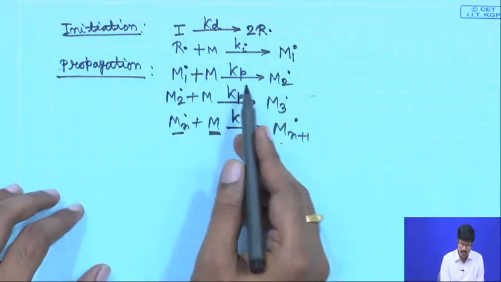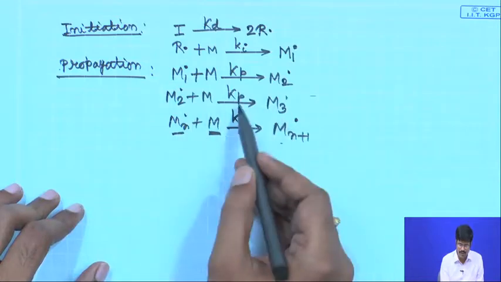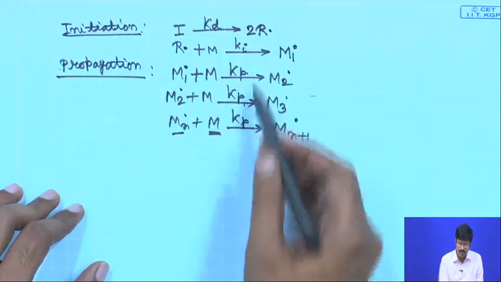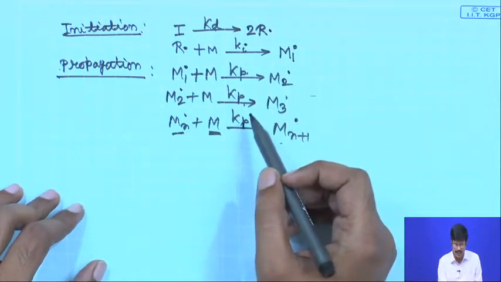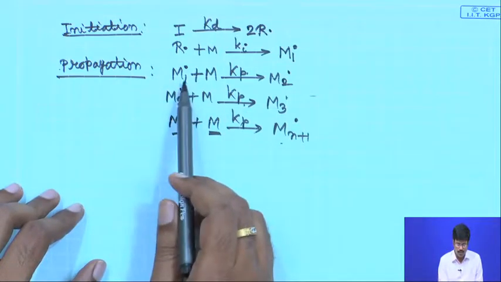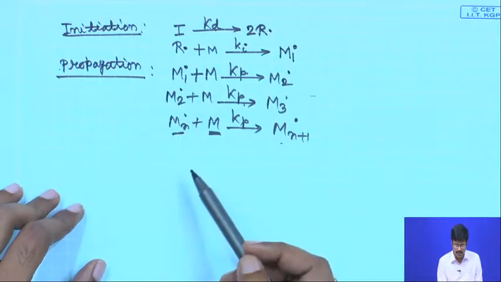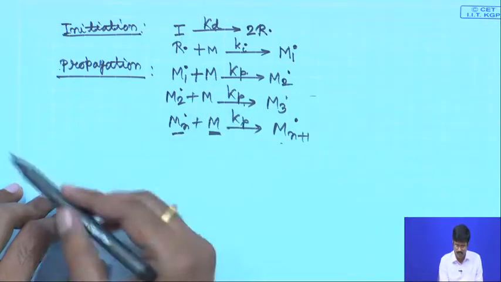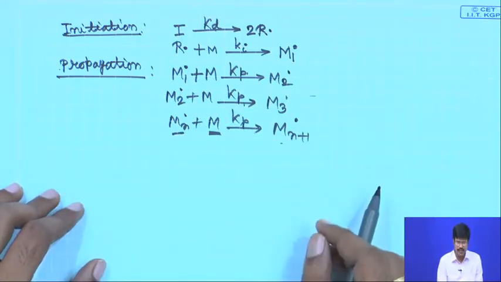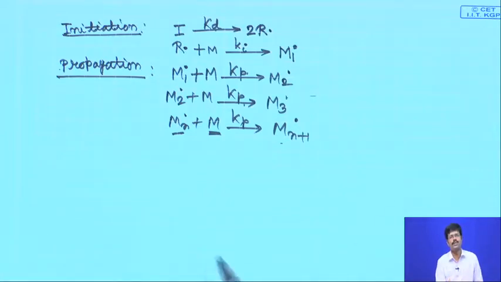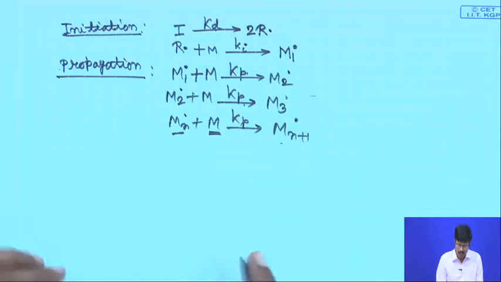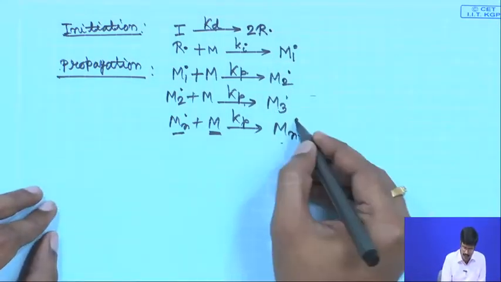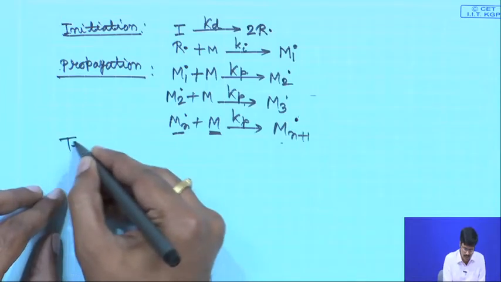And one thing that you should notice here is that the rate constant for all these reactions I am writing as Kp, Kp, Kp. This is also the principle of equal reactivity. That means, whether the radical size is small or big does not actually affect the reactivity. So, whether your growing radical, that electron at the end of the chain, is at the end of a small chain or a big chain, the reactivity does not change. That is to simplify your analysis, and it is also very close to reality what is found. So, this is your propagation, and finally, this radical has to be quenched in order to terminate this reaction,